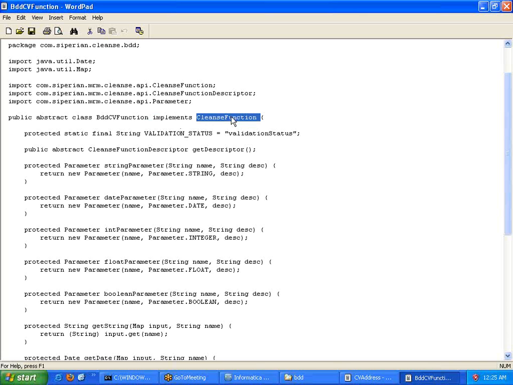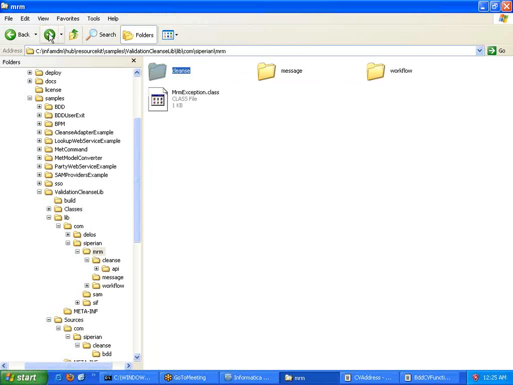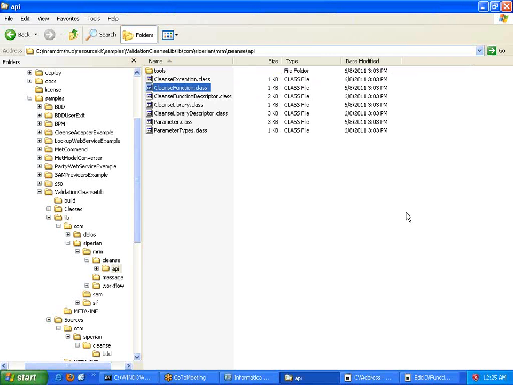Cleanse function again will be derived from the Siperian API jar file, as we looked at earlier, where we have the cleanse API cleanse function. Can you see here? This class will have the common interface which will be used by all the derived classes. Yeah?